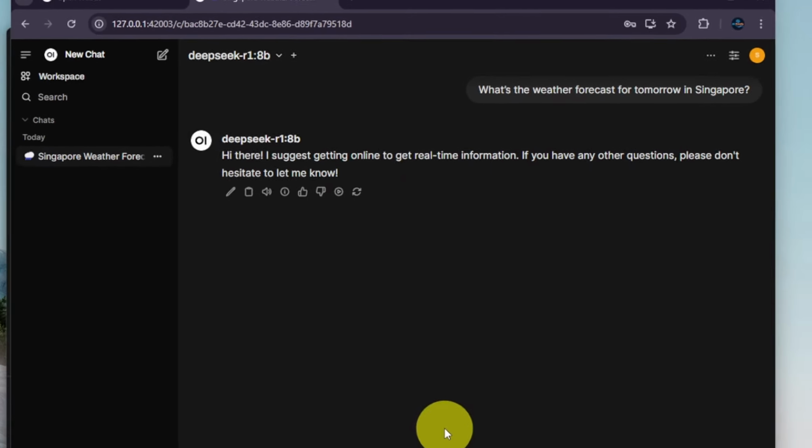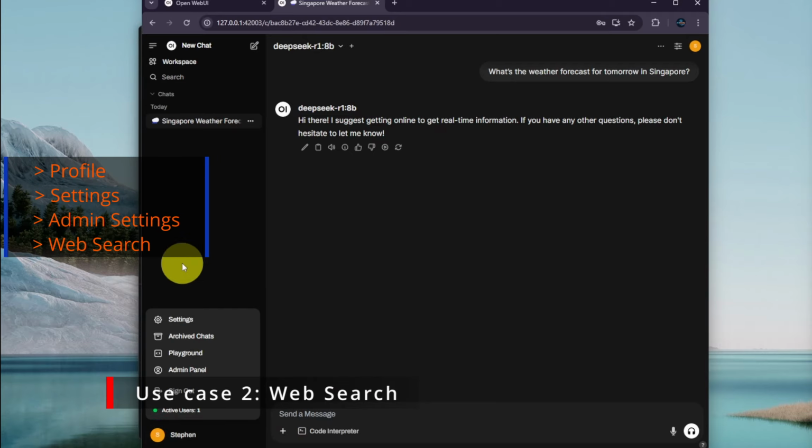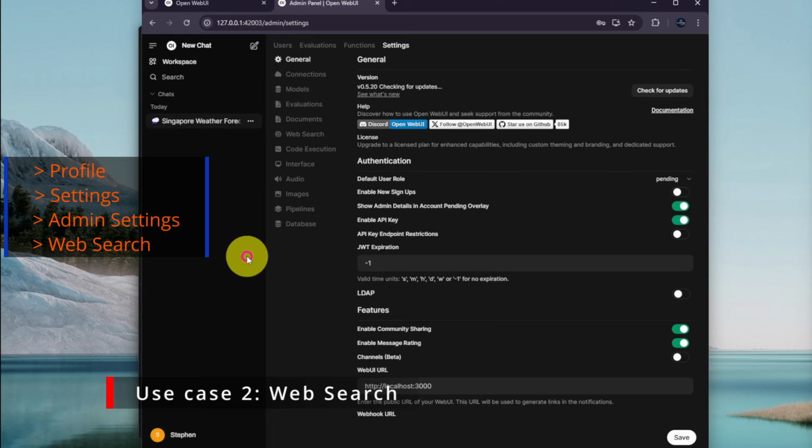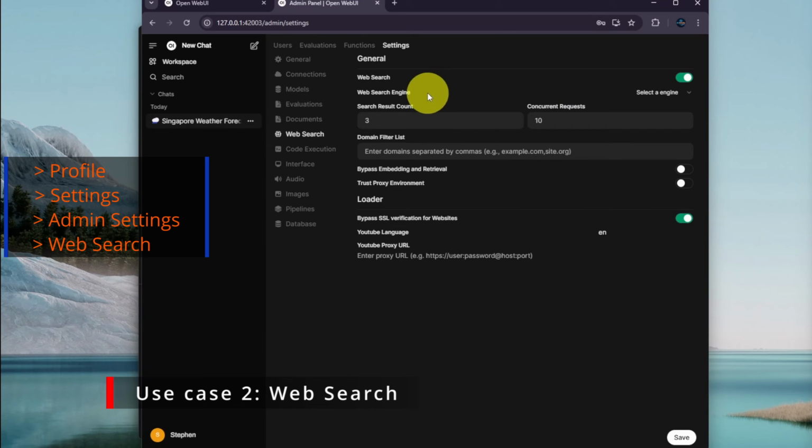So now let's go to use case 2. Web search. We certainly need to get Deepseek-R1 access to the internet. But we all know that Deepseek-R1 won't be able to access the internet, and we will leverage OpenWebUI to do the RAG. So what we are going to do is go to Profile, Settings, Admin Panels, Admin Settings, and then go to Web Search. In here, we click on the web search, and then in the web search engine, we can